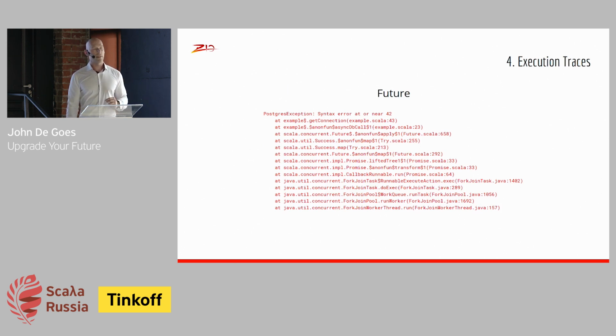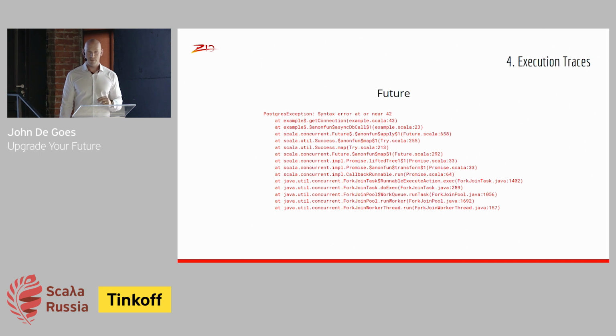Another real drawback and complaint that people have when they're working with future-based code is what happens when something goes wrong? The application blows up at runtime. If you've ever looked at a stack trace from future-based code, it looks something like that. And the interesting thing here is it doesn't contain a lot of information that helps us fix our problem. We see a lot about the guts of Future, the internal implementation of Future, but we don't see a lot about our code. And the reason for that is what happens in Future,